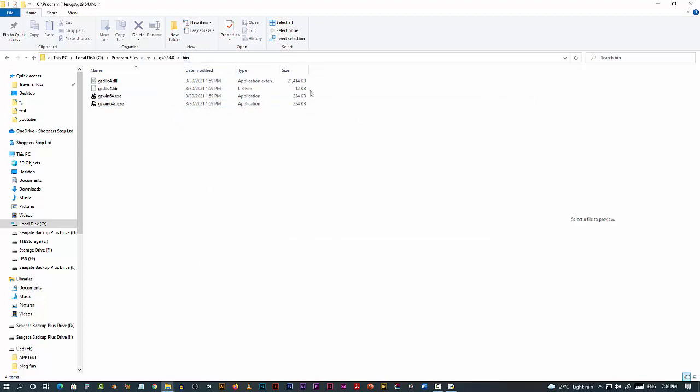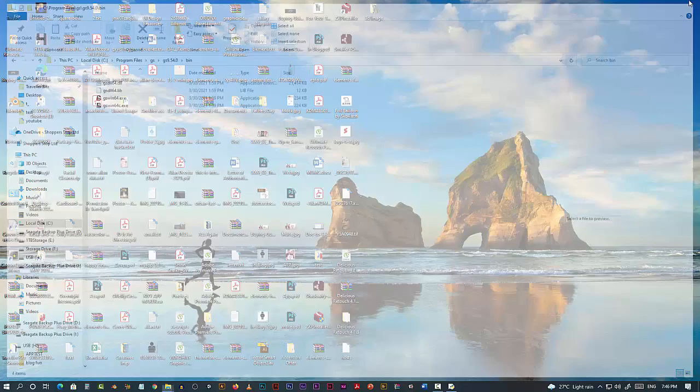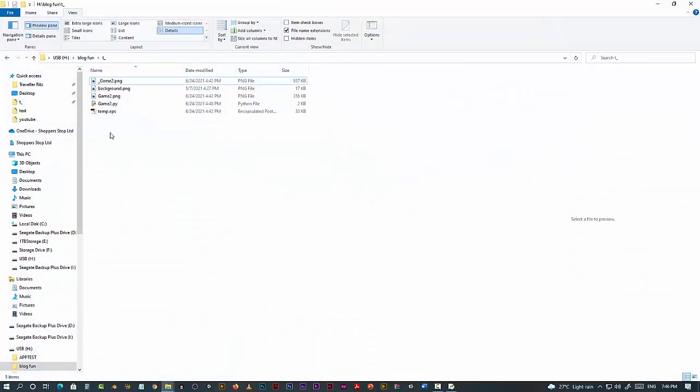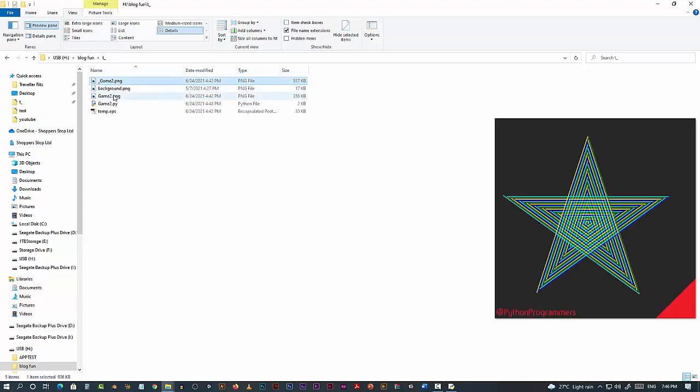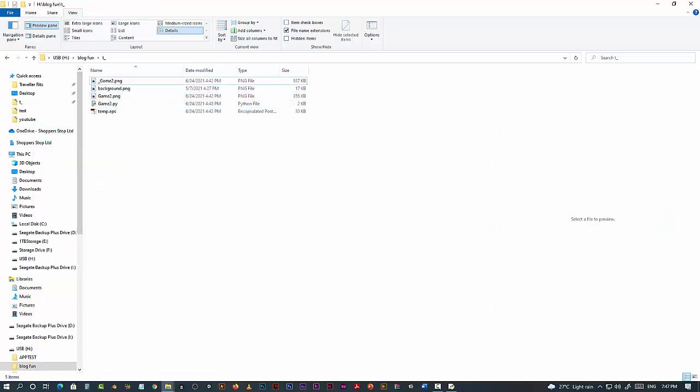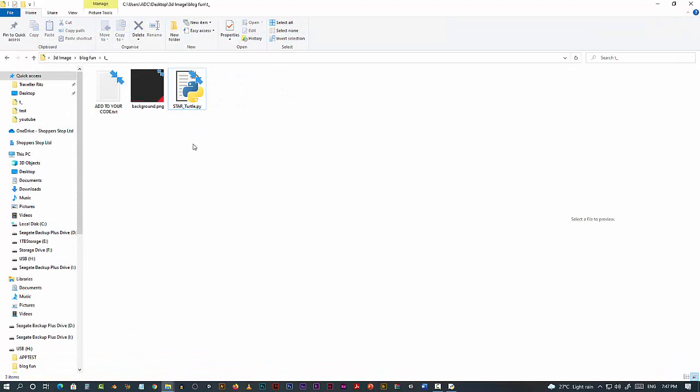After the path, put the environment variable in your computer, and that's it. Done. Now close. Now we're going to open this one.